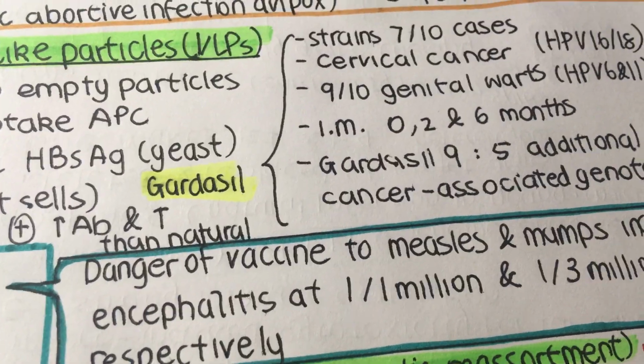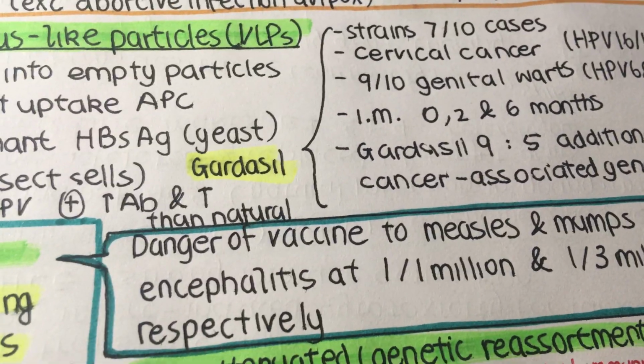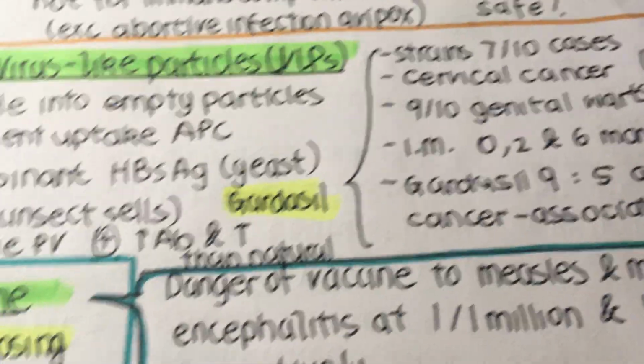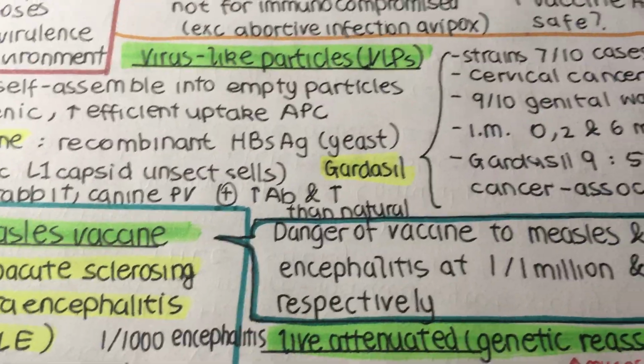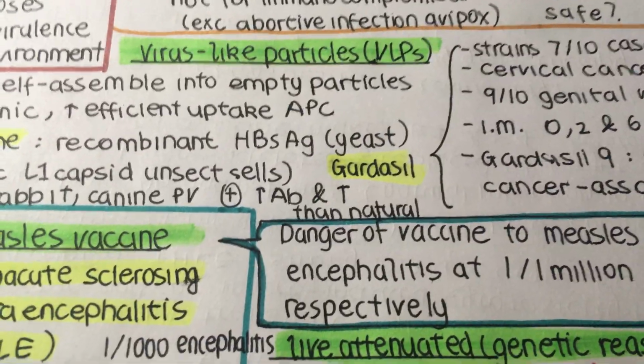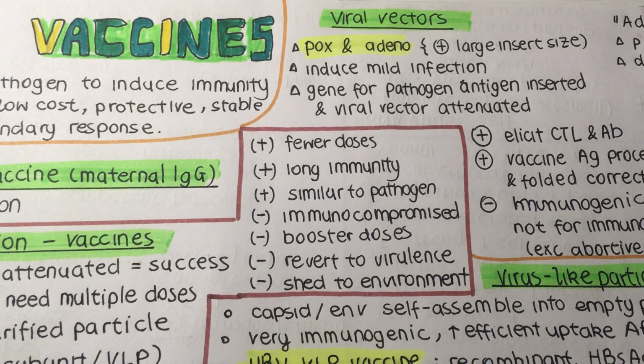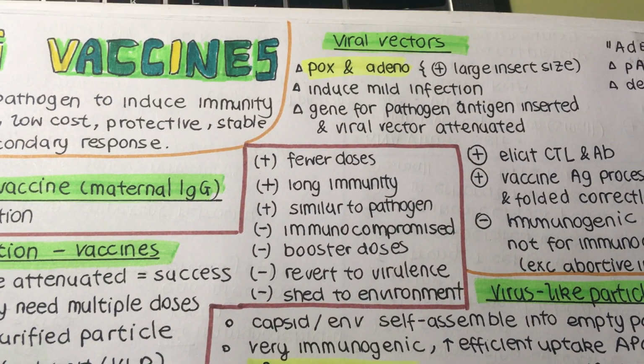But live attenuated or genetic reassortment vaccines are best used for segmented viruses because they allow protection against the assortment of viral strains. So to sum up, whenever you are using an attenuated virus, you would expect fewer doses, longer